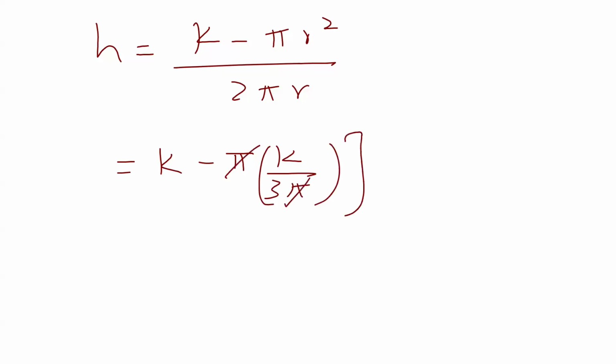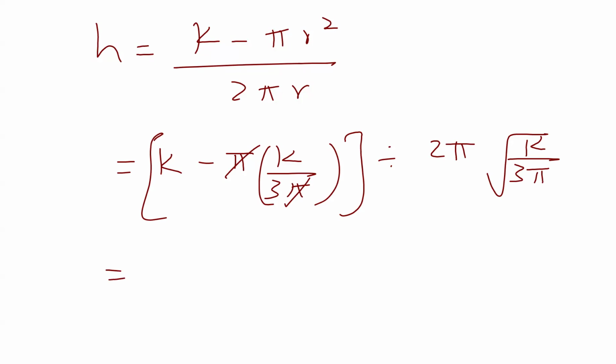So pi and pi got cancelled, divided by 2 pi r. r is nothing but square root of k by 3 pi. So 3k minus k is 2k by 3, into,